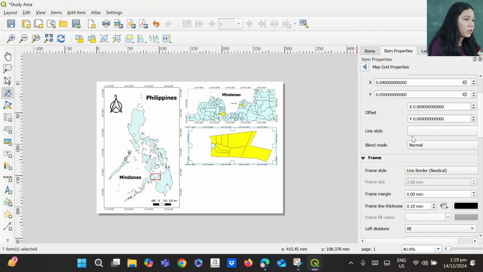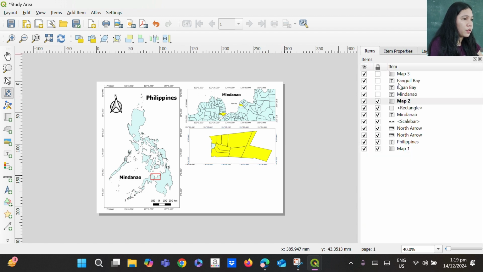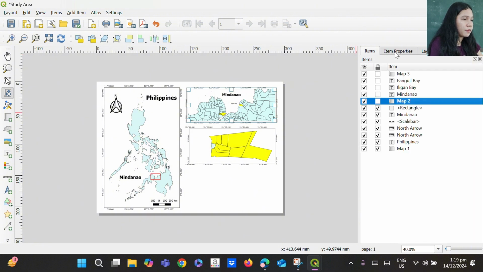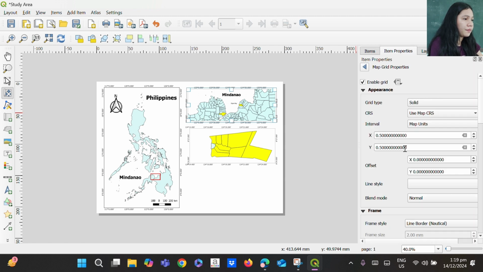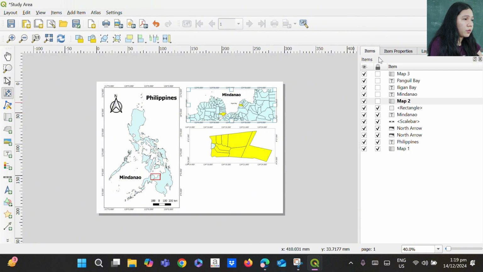So I'm going to adjust the font size of the coordinates. I'm going to have 8 this time. Same as the previous map, font size 8. Okay, I'm going to lock this one.